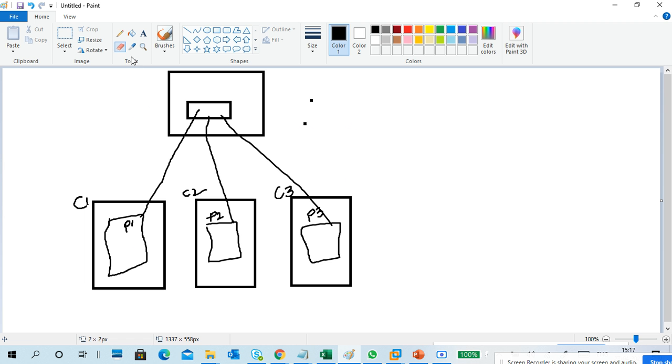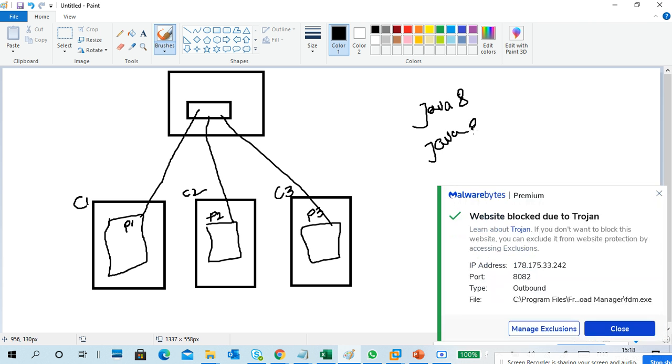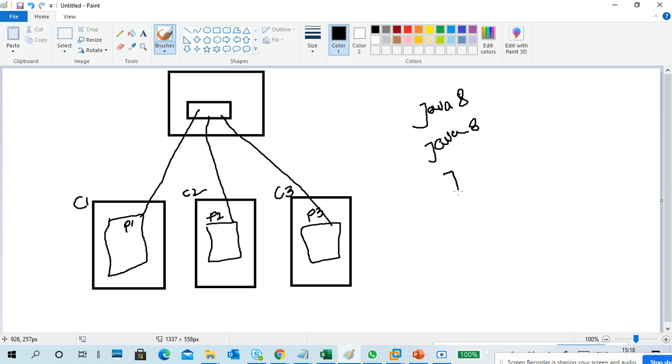A few people will give an example of a version control system like this. For example, the first person created a project using Java 8, and the second person developed using Java 8 only. But the third person developed in Java 11. Whenever the version is different, it will automatically be rejected. This kind of example is told, but in reality we'll see that.